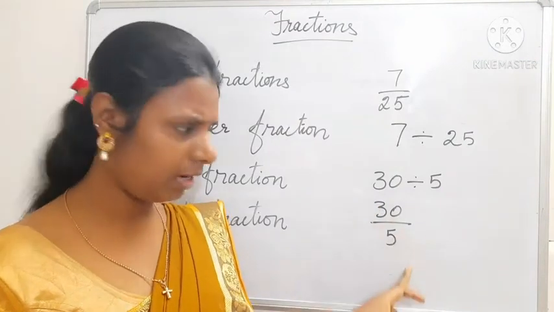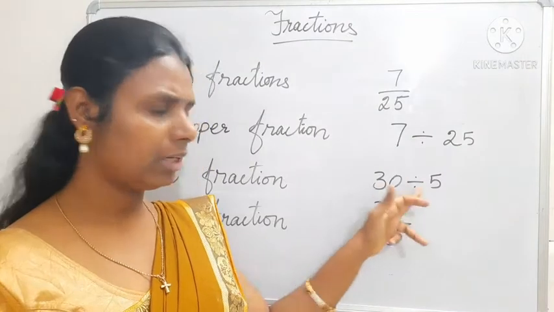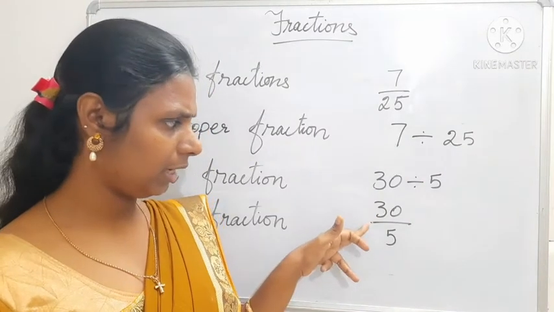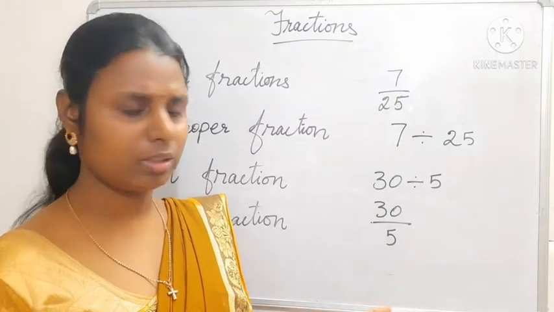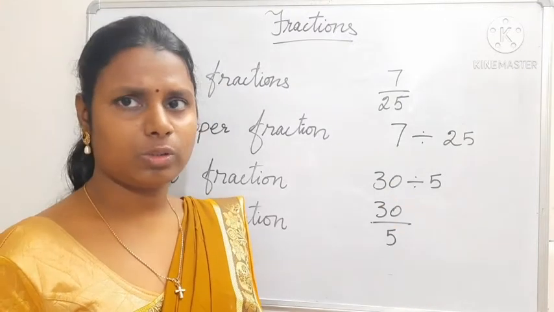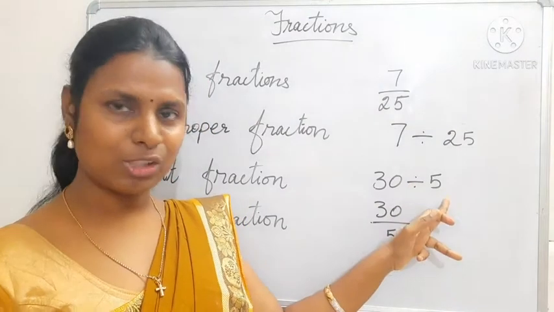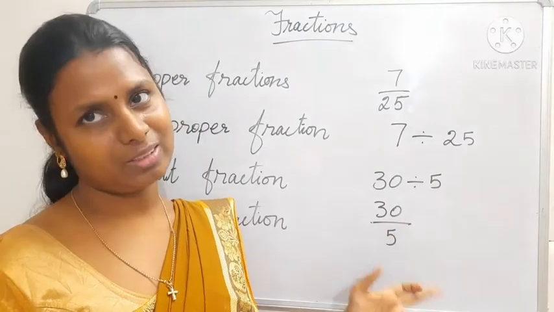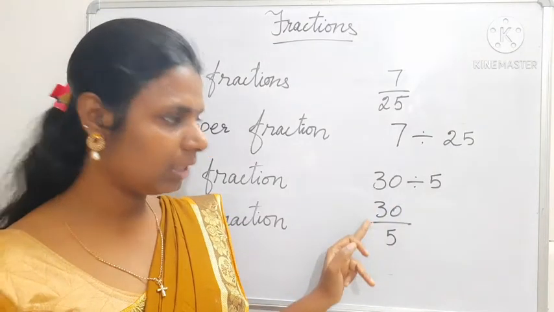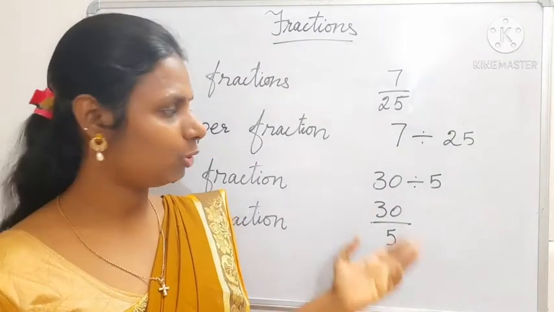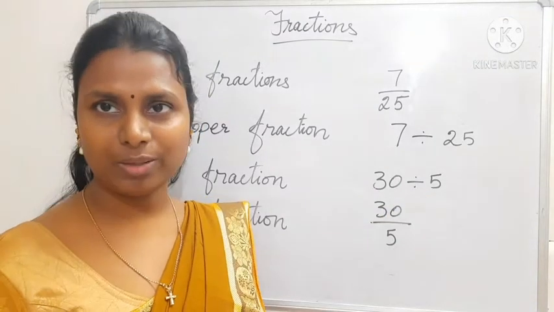30 divided by 5, as it is, it comes. Here I have put the sign by, and here the division sign is there. That's all. Nothing else, just 5. So this is also 30 by 5, 30 divided by 5. The form is different, but the thing is the same. We say 30 divided by 5, we say 30 by 5. Both are the same. So you can write a fraction as a division and a division as a fraction. Okay, have you got that?